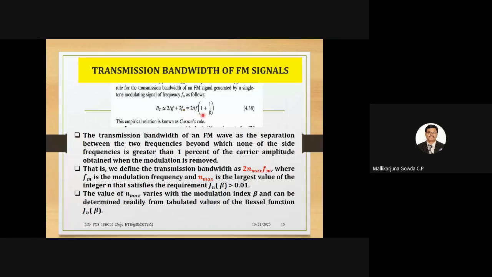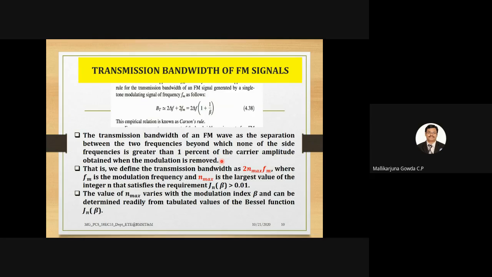What is Carson's rule, they ask? Carson's rule is an empirical relation to say what the transmission bandwidth required for transmitting an FM signal is, which is 2 times the frequency deviation plus twice the highest frequency of the message signal. Okay. So it is expressed in another way. That is, he has taken 2 delta f outside, so I can write it as 1 plus 1 by beta. As I said, beta is delta f by fm, right? If you substitute that, then you will be able to say it in this form. Okay. So this is one thing. This is an empirical relation.